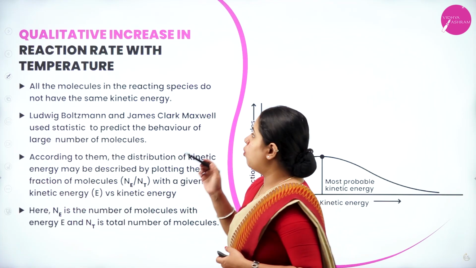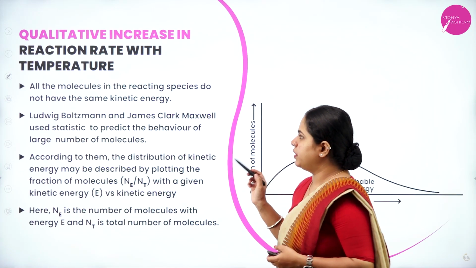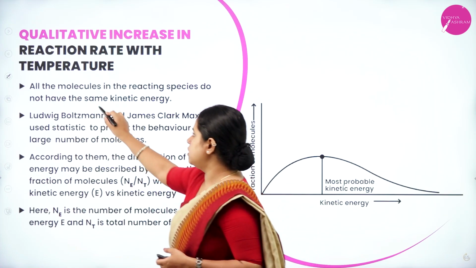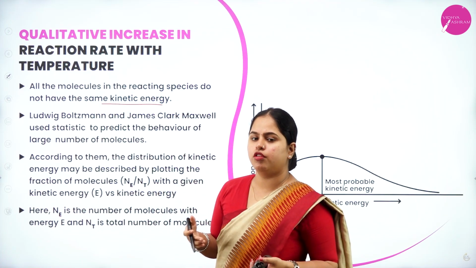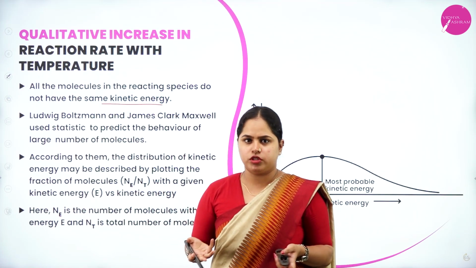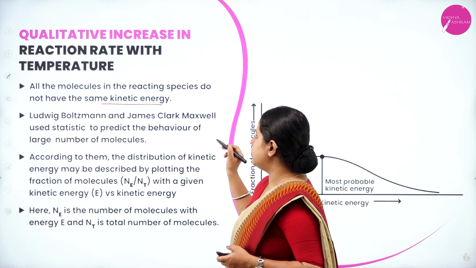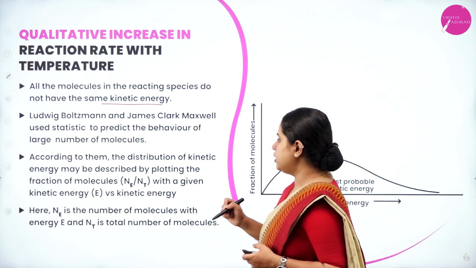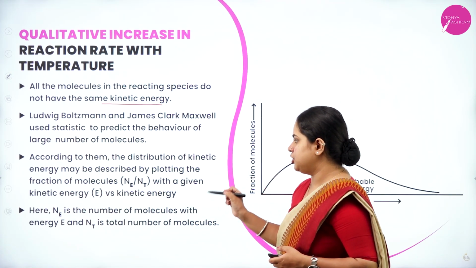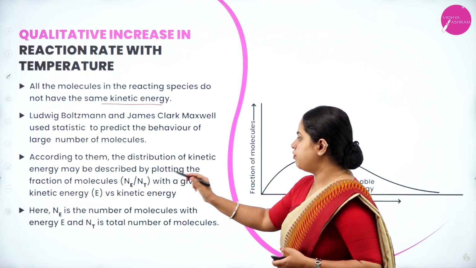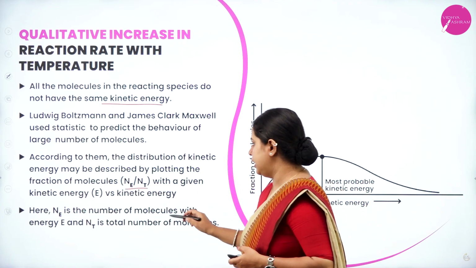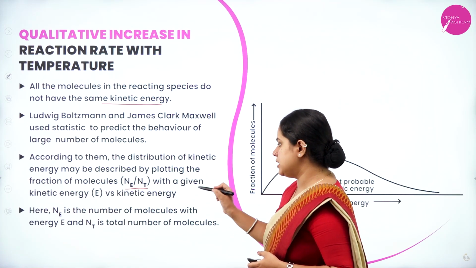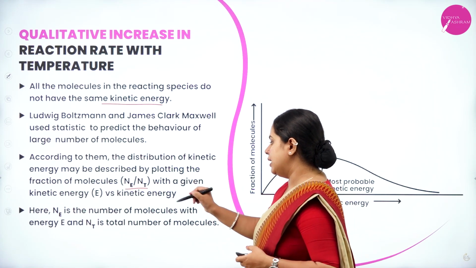Right. Now moving on to the qualitative increase in reaction rate with temperature. All the molecules in the reacting species do not have the same kinetic energy. There will be n number of reacting species, and they will not all possess the same energy. So Boltzmann and Maxwell used statistics to predict the behavior of a large number of molecules. According to them, the distribution of kinetic energy may be described by plotting the fraction of molecules, that is Ne by Nt, with a given kinetic energy E versus kinetic energy. Here Ne is the number of molecules with energy E and Nt is the